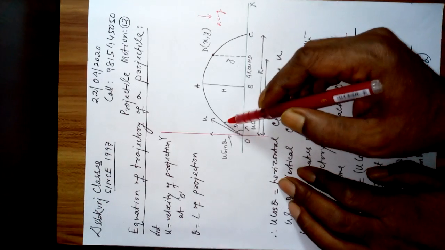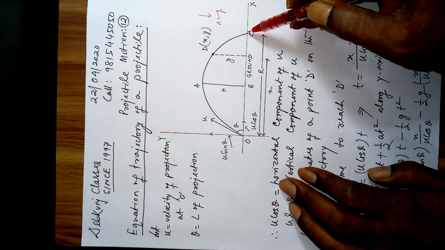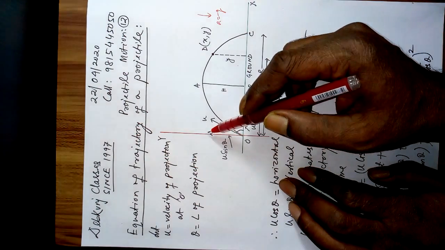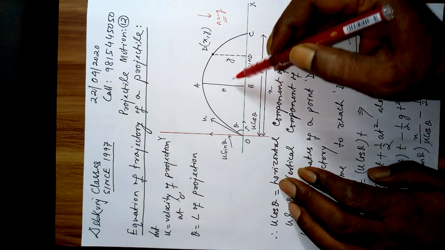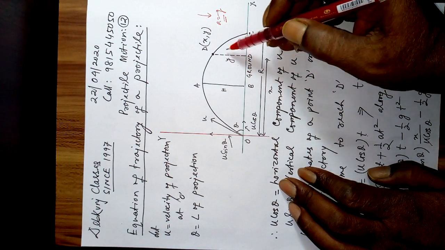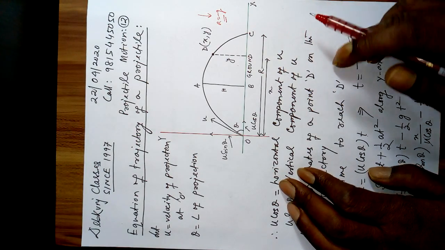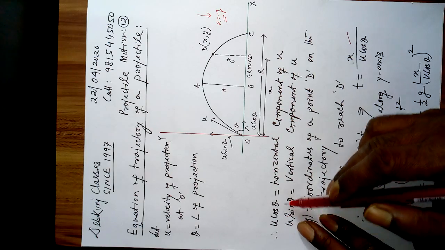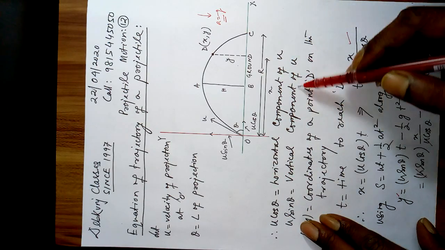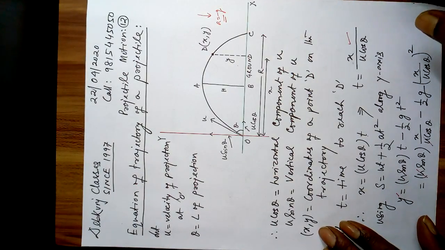Here it is u cos theta, here also u cos theta, and so on up to point C. But u sin theta gradually decreases because Earth is pulling it down. So this becomes gradually 0 here, then finally increases, and at C also it becomes u sin theta downward, right? So your u cos theta is the horizontal component and u sin theta the vertical component of this velocity u. Now consider a point